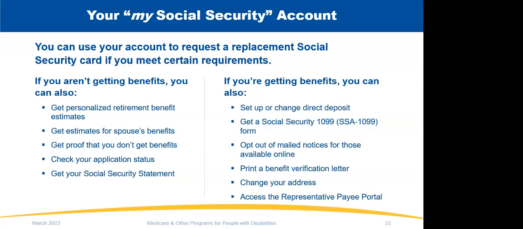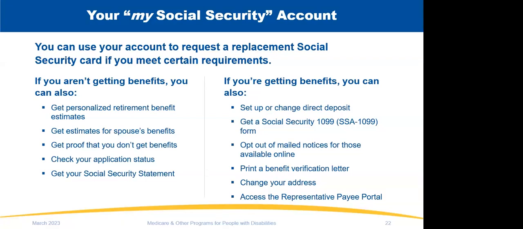So there's a number of different things that an individual can do with their My Social Security account. If you're not yet receiving any benefits from Social Security, you can get those retirement benefit estimates. We provide what you could receive at 62, full retirement age, and 70. We have now redesigned the online statement to where we provide those estimates from age 62 through age 70, so you don't have to necessarily use our calculators. You can see what your spouse could receive in benefits on your record if they're eligible.